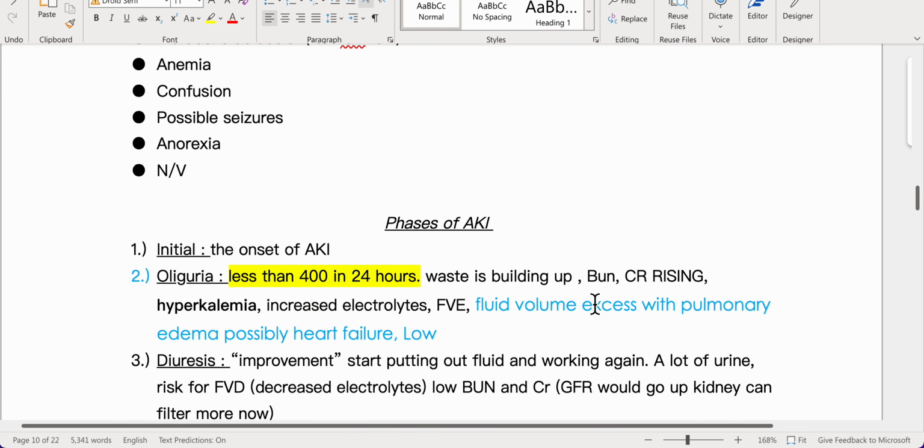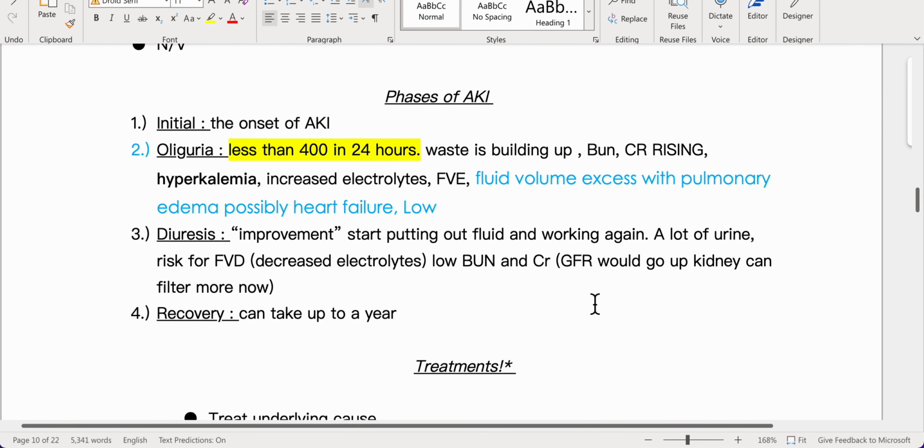Nausea and vomiting. Phases of AKI: 1. Initial, the onset of AKI. 2. Oliguria, less than 400 in 24 hours. Waste is building up, BUN and creatinine rising, hyperkalemia, increased electrolytes, FVE, fluid volume excess with pulmonary edema, possibly heart failure,